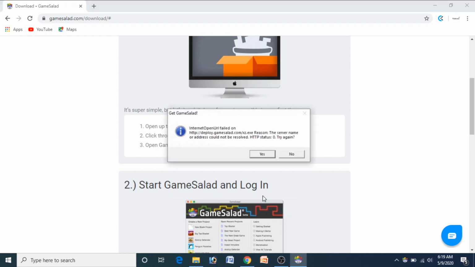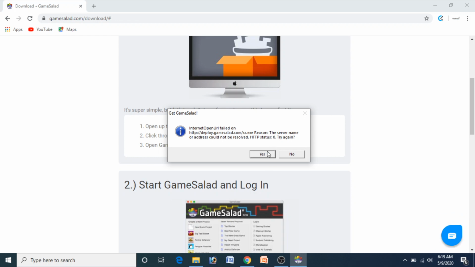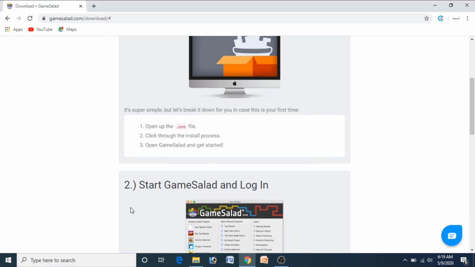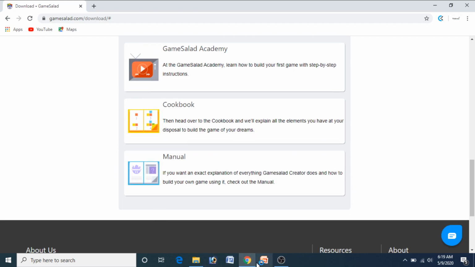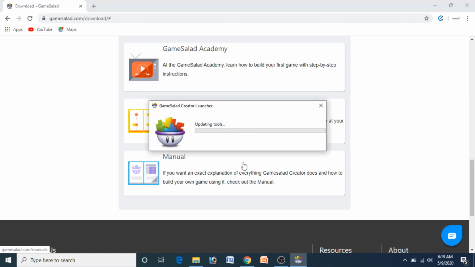Let's wait. GameSalad Creator is getting launched. It's gathering the metadata which is required for running the file. It's downloading it.